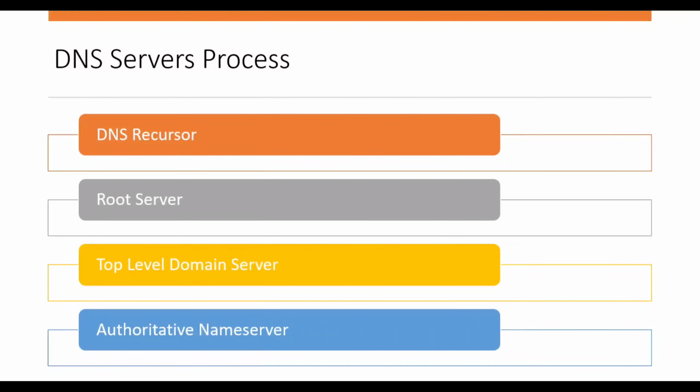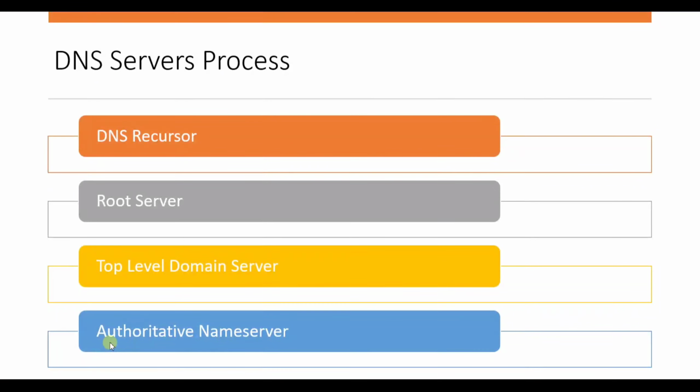And then we have the top level domain server, or TLD. Basically this is used to search for the specific IP address and the last portion of the host name. For example, when you open any website, like I'm opening hackersfactory.com, the TLD server in this case is com, the last portion of the host name. This is what the TLD is.